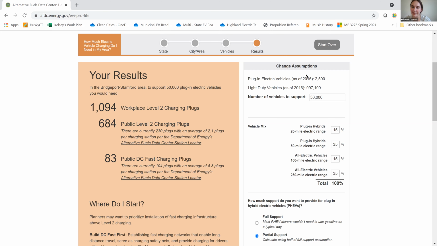Then on the side over here, it tells you some of the assumptions that it uses to make all the calculations, and you can edit some of these. So vehicle mix, it has the plug-in hybrids, the all-electric vehicles, and it asks you about the range on the vehicles. So you can see the breakdown. If we knew more specific numbers on that, we could calculate for that. For example, if we wanted to not count any plug-in hybrids, and just count all electric vehicles,